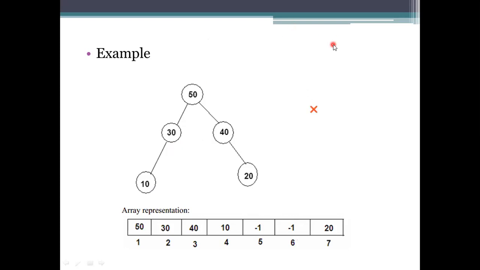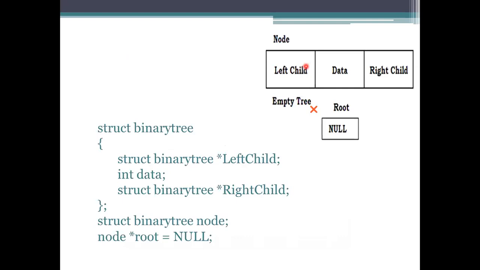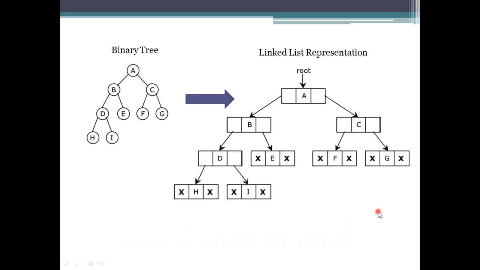And coming to the next one, which is the linked list. You know that linked list representations have been covered. In using the linked list, we need to create a data element, and to that we add the left child and right child pointers. As soon as we specify the pointers, this is the data, and the left and right pointers are specified as null here. This is one simple representation we use for processing.